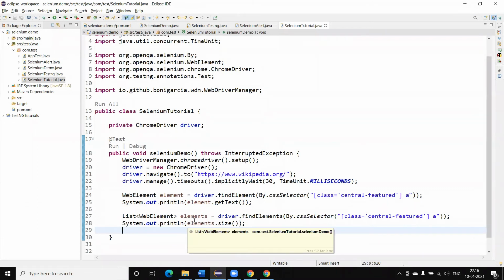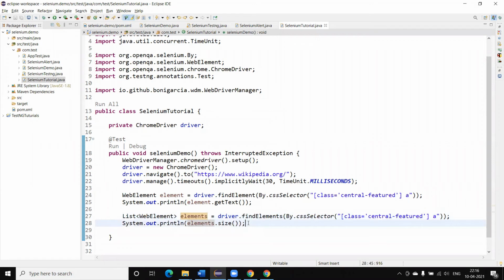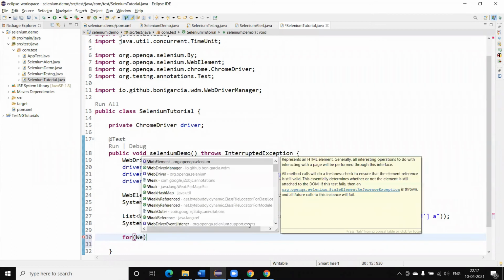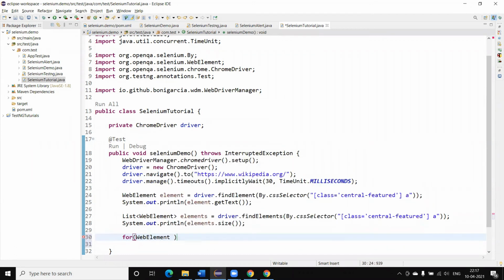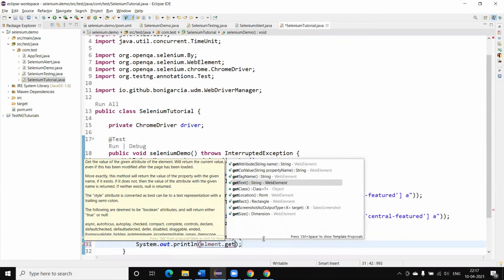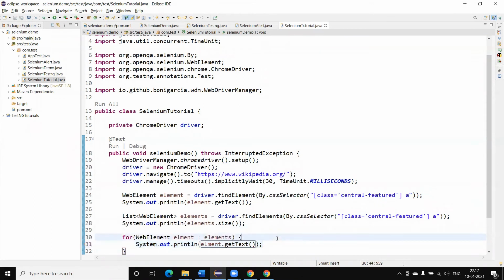Driver.findElements will return us multiple element objects, so we can use a for-each loop to navigate the list and print element.getText.